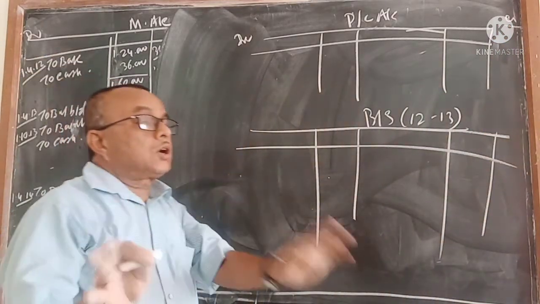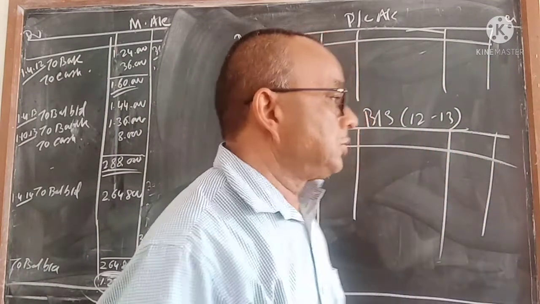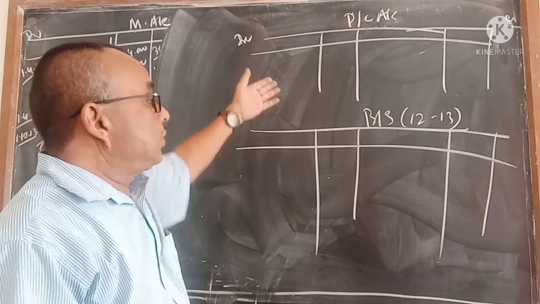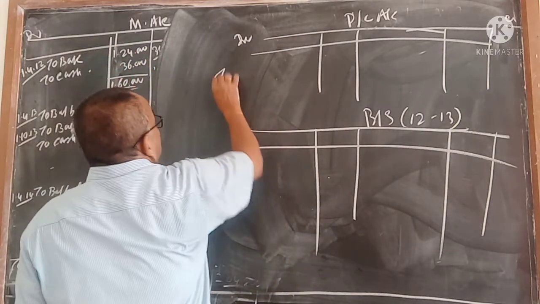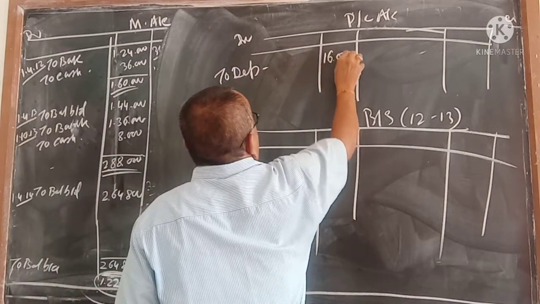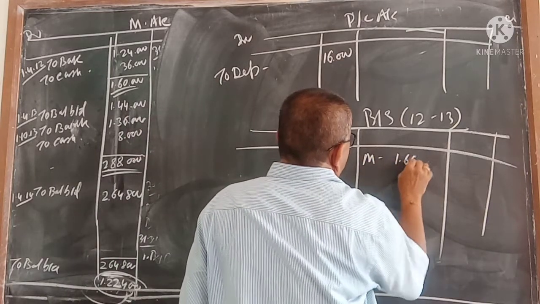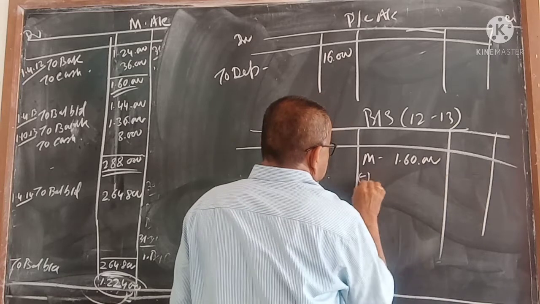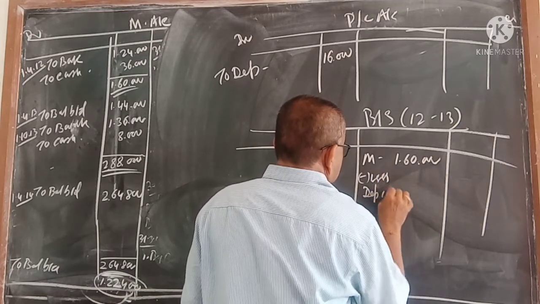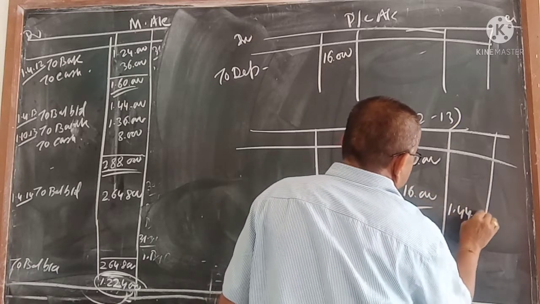Because the second machine was not there in the first year. In the first year you had only the first machine. And for the first year only they asked for the accounting effect, meaning profit and loss account and balance sheet. So we write the depreciation only. How much? I remember it. And here the machine account balance you had 1,60,000 and less depreciation 10%, which comes to, I write, 1,44,000.